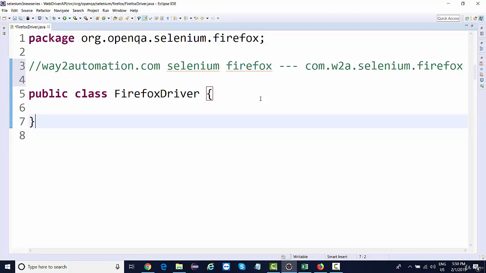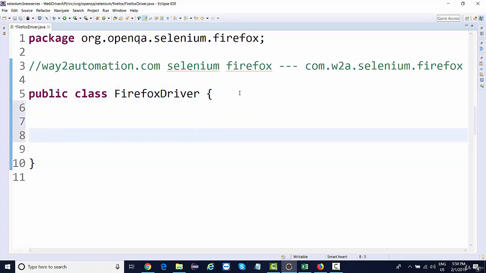Right. So now if I talk about this Firefox driver, they have created this class specifically for the Firefox browser. Anything that you may want to do with Firefox, you'll find a method inside this class. Let's say if you want to click, type, anything you want to do, you'll find a method inside it over here. Although there is a parent class as well, let's forget about it, because I'm going to design this architecture in a very simple way. It's not the actual WebDriver API. It's a dummy API, right?